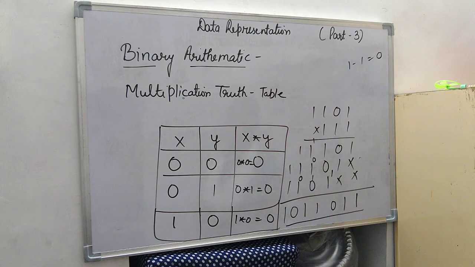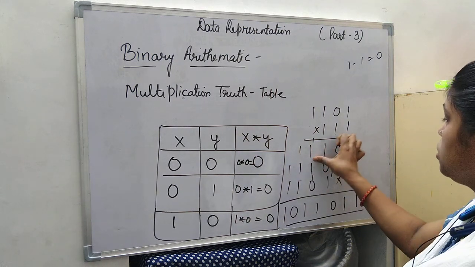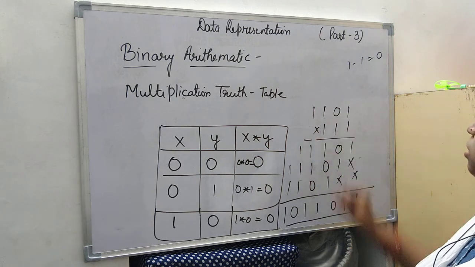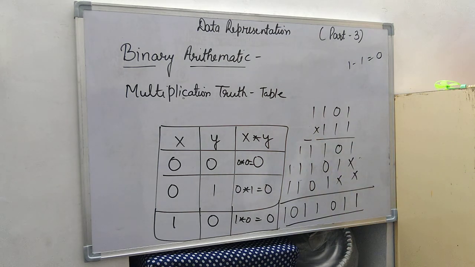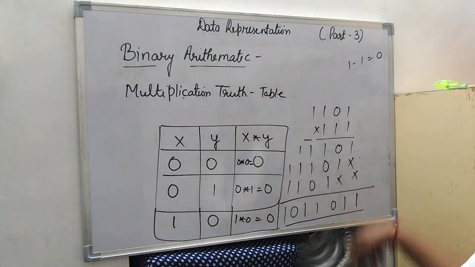So in the same way we can see that this multiplication table gives you this answer. Okay, so I am writing this to make you understand, and myself also. So you can see this will be the answer. If you want, you can convert it and check whether the answer is correct or not.